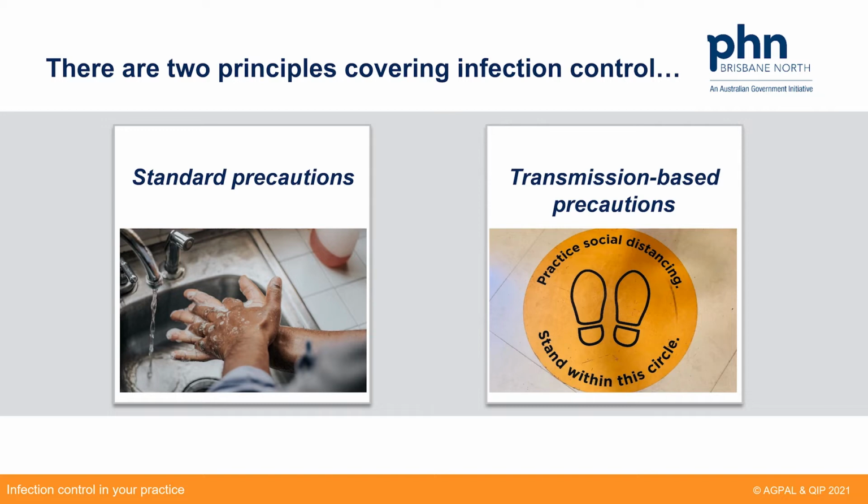Transmission-based precautions is predominantly for circumstances where you are in close contact with a patient over a period of time. So that's direct contact, touching a patient. It can be droplet contact from people coughing and sneezing and carrying on. Even loud talking generates droplets. And the third one is airborne, which is really particles of dust that pick up bacteria or viruses or whatever